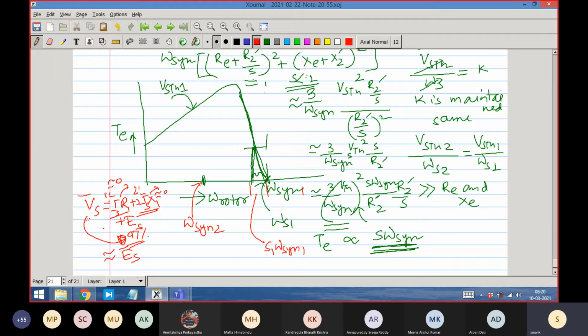So that is why, when we operate at a different synchronous frequency or different supply frequency, we correspondingly change the voltage as well. We reduce the frequency, we reduce the voltage. We increase the frequency, we can afford to increase the voltage. If we increase the frequency but don't increase the voltage, that is as such not that bad.